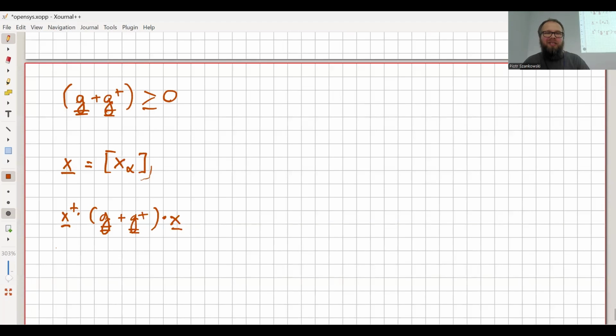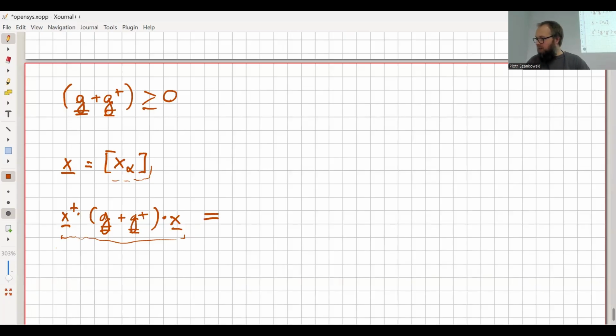It's enough to consider this in each block independently, because G plus G dagger is block diagonal in omega. So we just pick one of the omegas and look at this expectation value,